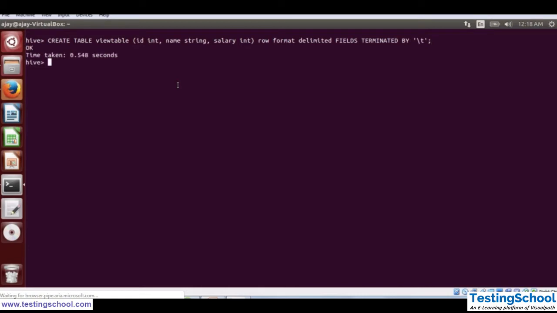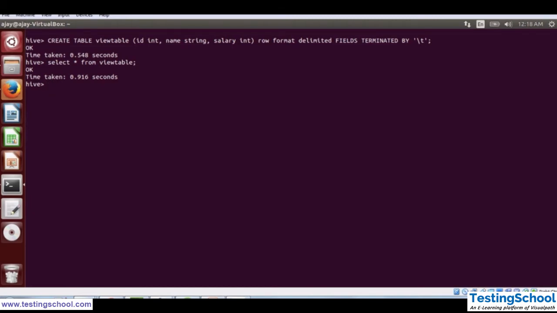So now you can see my view table is created. As it doesn't have any data, let's load the data in this table. If I execute a query on this table, there is no data available.